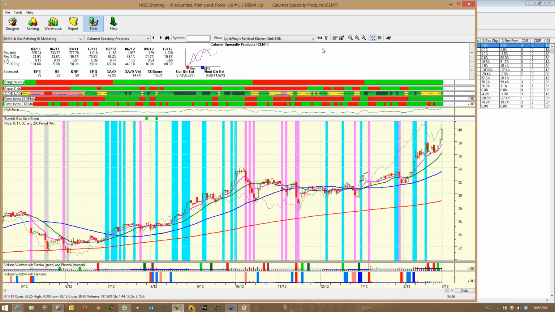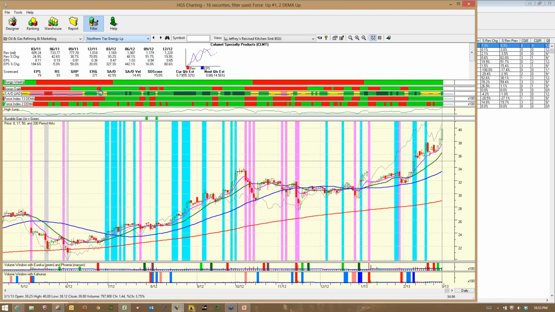Calumet's another one that I own. I think I probably need to rotate out of this into something else as it's had a huge run. You can see it's at the top of its high jump. Love this stock. It trades at a multiple of 12, so it's a little bit higher, but pays a little bit more robust dividend of 6.5. So the aberration in this group,